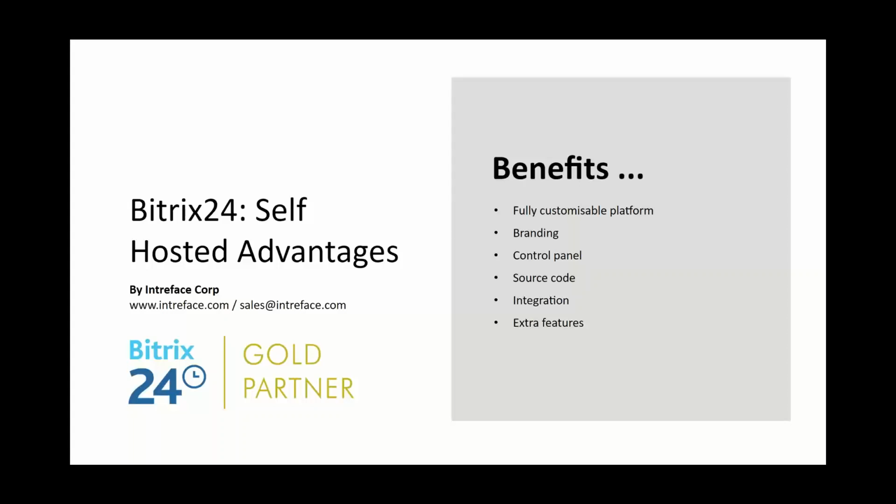But alternatively, a partner such as ourselves, we can build any customizations that you require. So with the self-hosted system, you have access to the full API. So this allows for integrations with other systems. So the API, which is available on the self-hosted system, will allow you to integrate with thousands of other web applications. Now, once again, we can help you with any customizations and integrations that you may require for your self-hosted